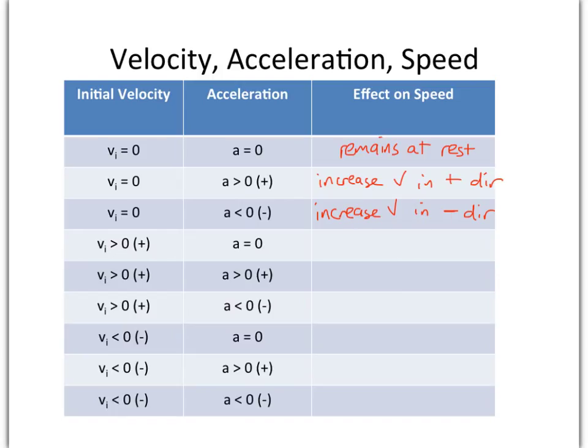Because remember, velocity and acceleration are both vector quantities. Direction is going to be important. You can have a positive or a negative value right there. Okay, what if the initial velocity is greater than 0? What does that mean? Well, it's moving. It's moving in the positive direction right here. Okay, great. But what if the acceleration is 0? The acceleration applied to it. Well, that means it continues to move,